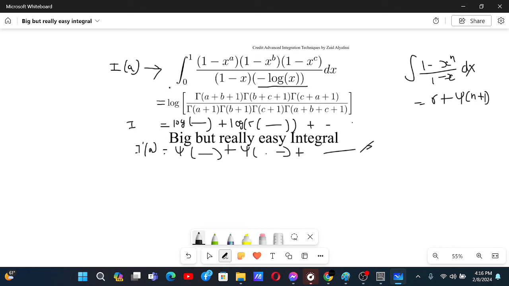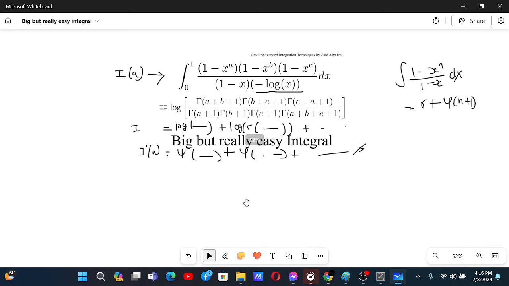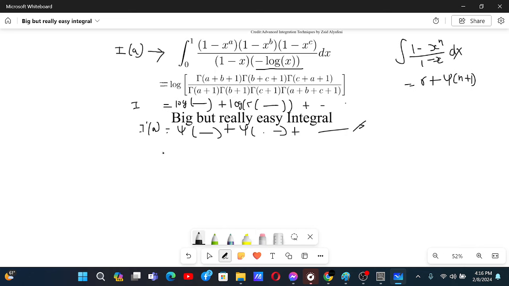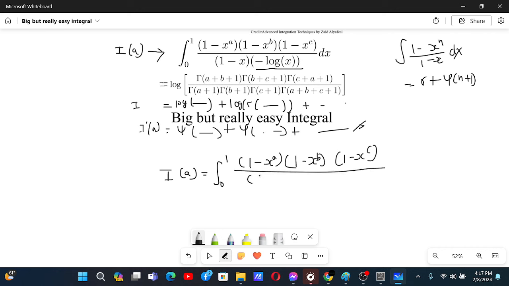So I just gave you an overview of how the integral will go. Now let's solve the problem. First of all, let me define I of a as the integral from 0 to 1 of (1 minus x to the power a)(1 minus x to the power b)(1 minus x to the power c) by (1 minus x), times minus log of x,